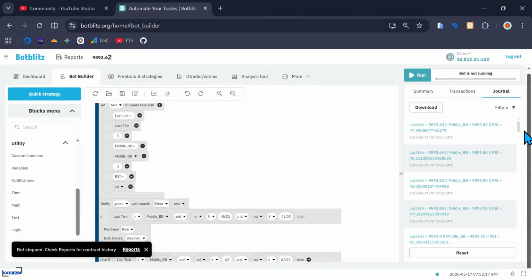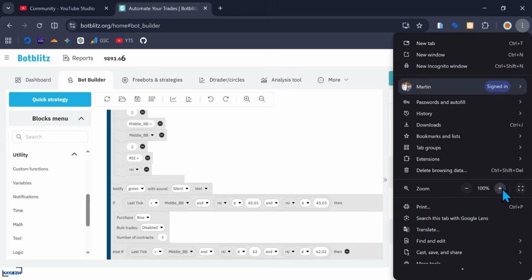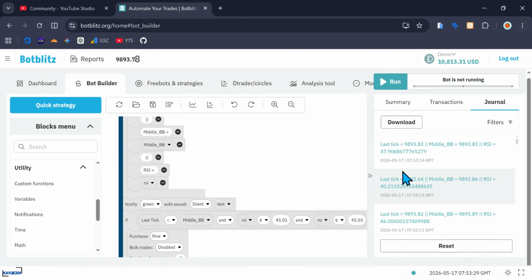So let me pause a little bit and then I'll just review random logs. Starting with the most recent one, this one. Last tick is, let me zoom. Last tick is